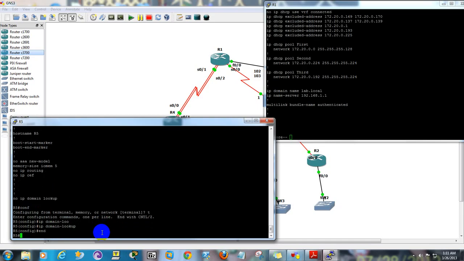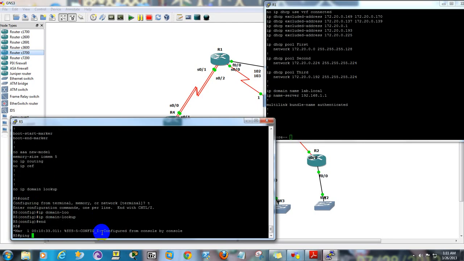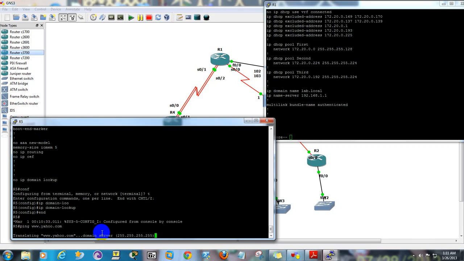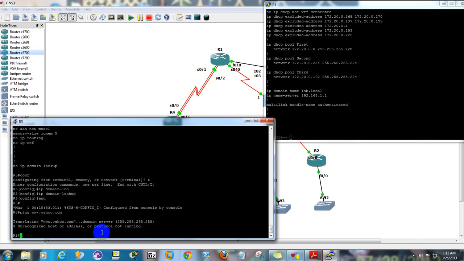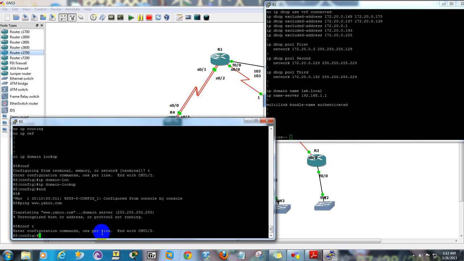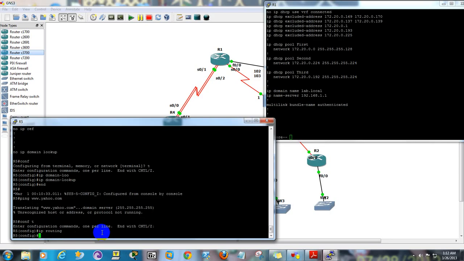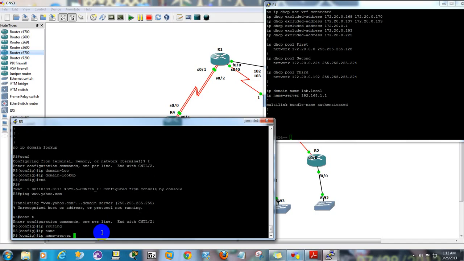And so we're going to ping www.yahoo.com. What happens? Oh, you know, I didn't name a server. My fault. We're not routing on this one. It's not going to work. So we're going to go to global config mode, type in IP routing, and then we're going to type in IP name server. It's going to be